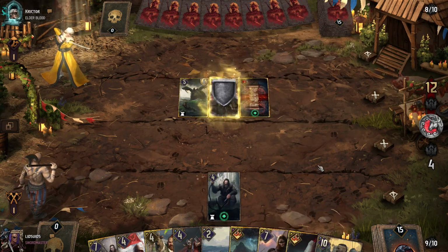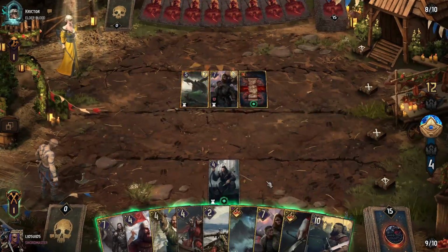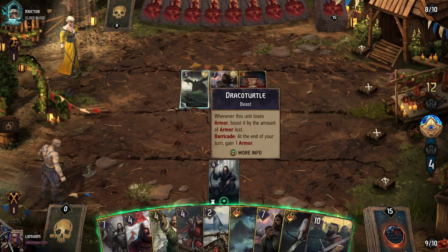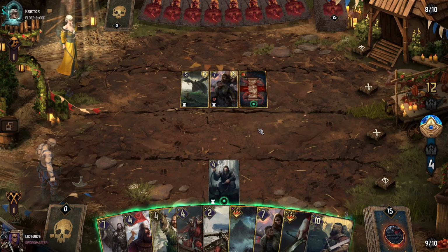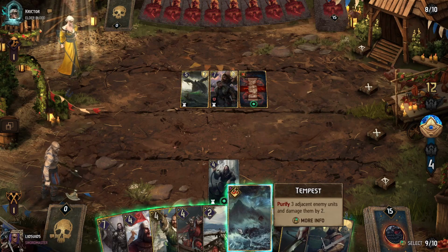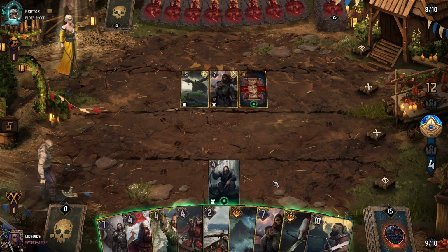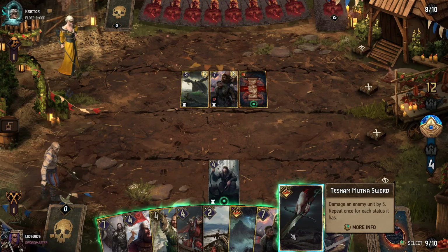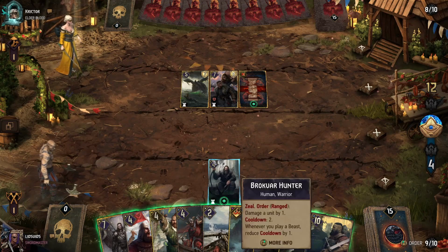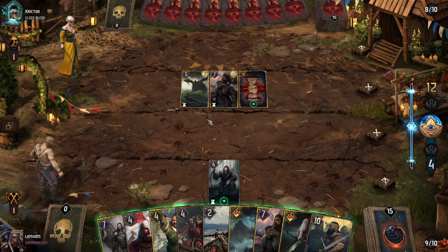Okay, there is Covenant of Steel, and I think all the more reason for us to do some purification. Obviously, Covenant of Steel is their defender, so we'd have to target that directly. And so we would still be able to purify Draco Turtle. It's a question of would they play another unit directly to the right of Covenant of Steel that we could also purify and damage with Tempest, in which case maybe it's worth waiting, or not. Or we could also destroy Covenant of Steel with Tesham Mutna's sword. That is also an option, but if we purify it, it's no longer doing its primary purpose, and so maybe that's good enough. We could also move it if that is an issue, but